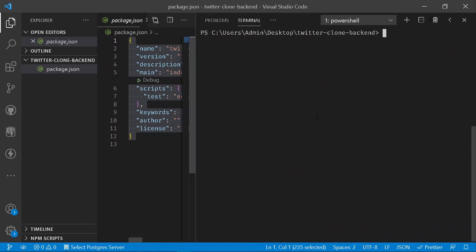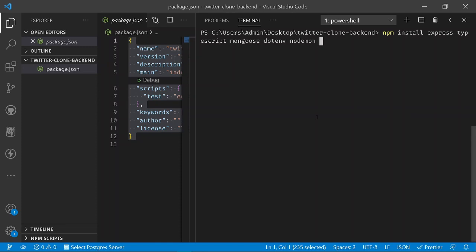So for installing all the packages, you should be writing npm install express. Just like this, we are going to be using TypeScript. So here I will be writing typescript and also mongoose, which will be our object relational mapper for our MongoDB. Once you have written this, you should be writing dotenv, which is a package for securing our environment variables. After that, I will be installing nodemon so that our entire server will be up and reloading without restarting the server again and again.